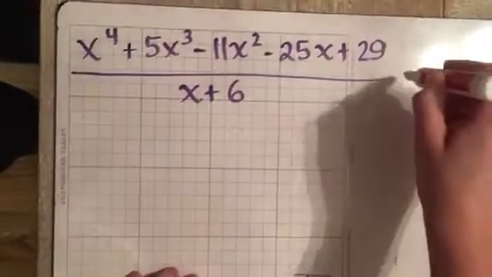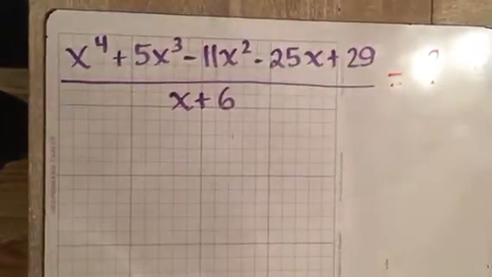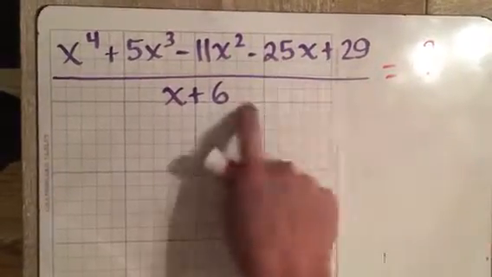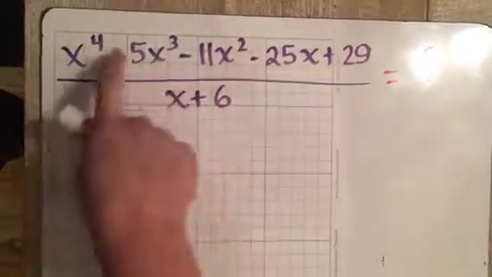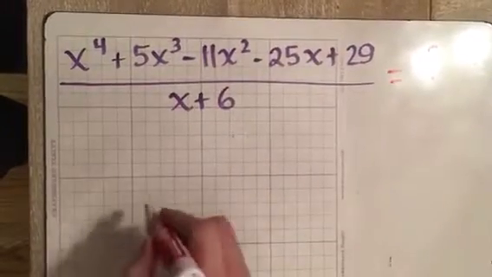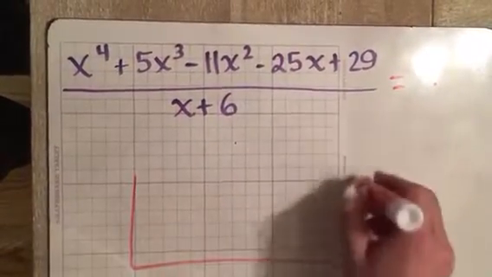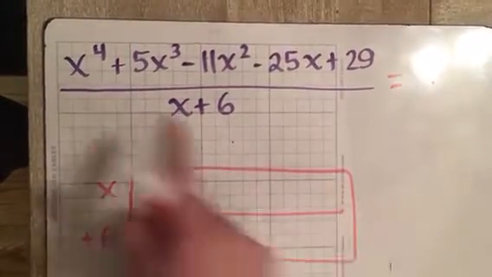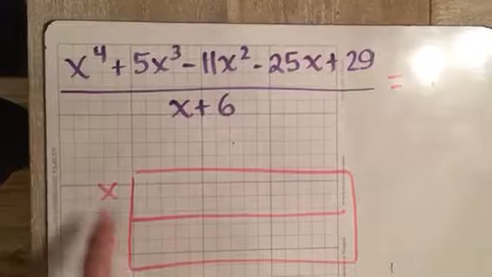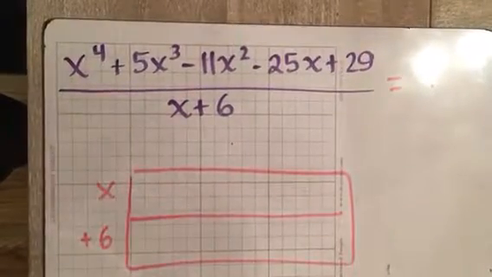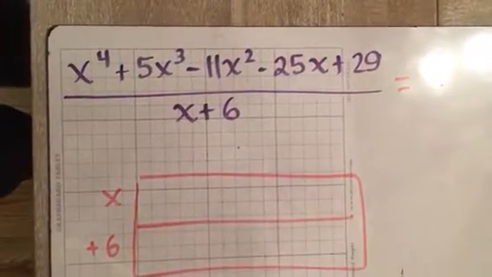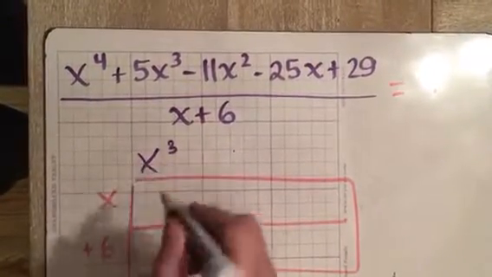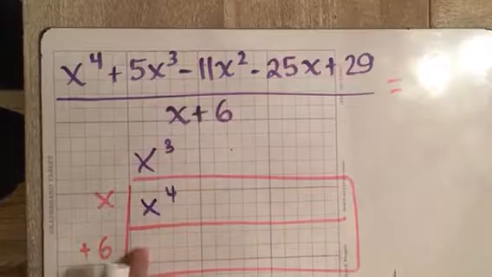So let's first think about this as a multiplication problem, right? So we know that if we multiply the quotients by x plus 6, we would get back to this long polynomial. So let's set up an area model in reverse. Let's try to figure out what we need to multiply x plus 6 by in order to get back to here. Well, if I have x to the 4th, I know that I must be multiplying by x to the 3rd, because x times x times x times x is x to the 4th. And then I fill this one out